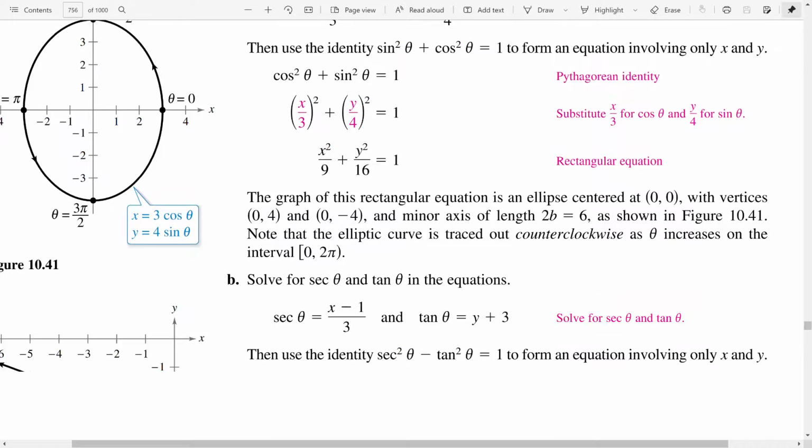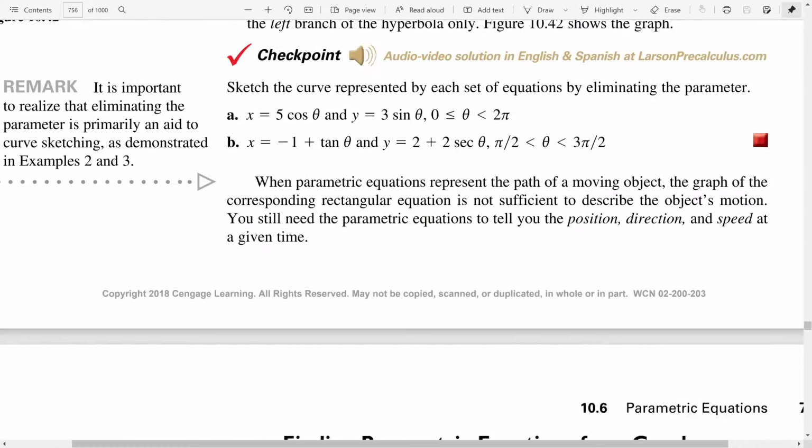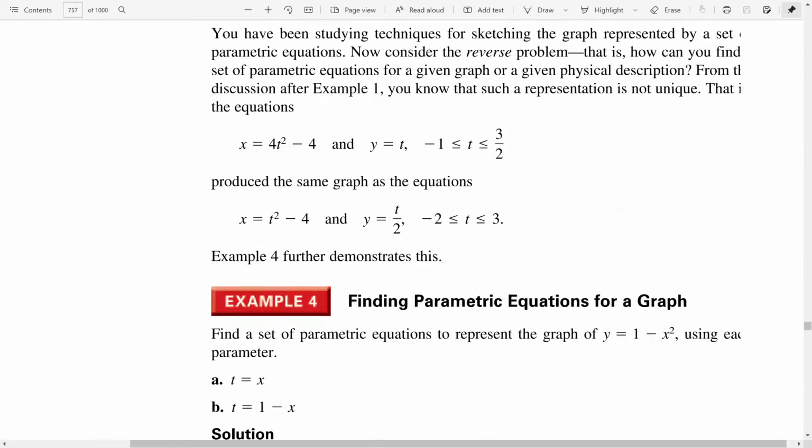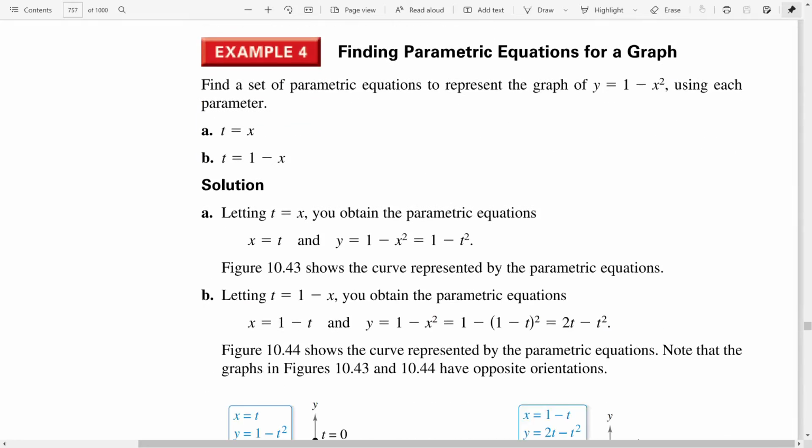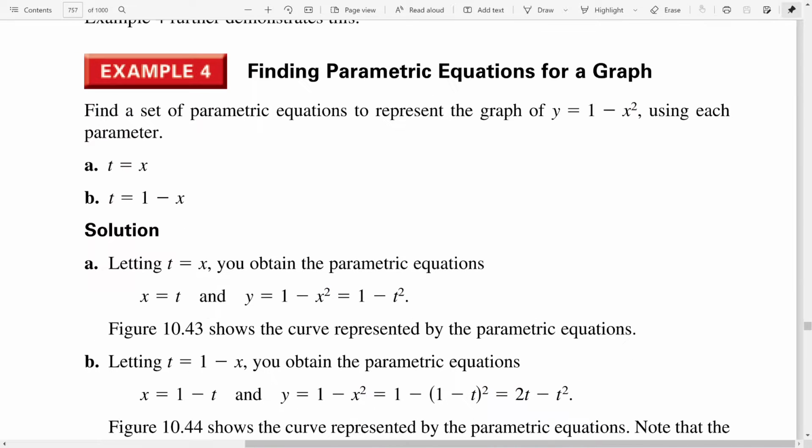Let's move on to 4 here. So let's think about going backwards of what we just saw. Pretty straightforward. Find a set of parametric equations to represent the graph of y equals 1 minus x squared using each of these parameters. So they're giving us a rectangular equation here, and we're just going to rewrite it in parametric form. So we're going to do this twice, once with t equals x, and then another time with t